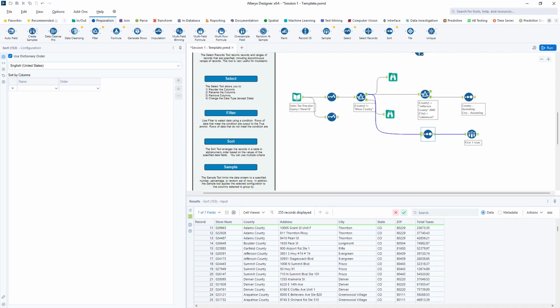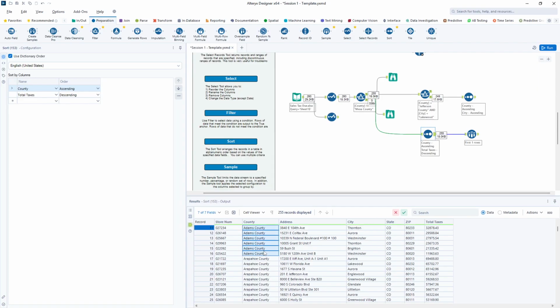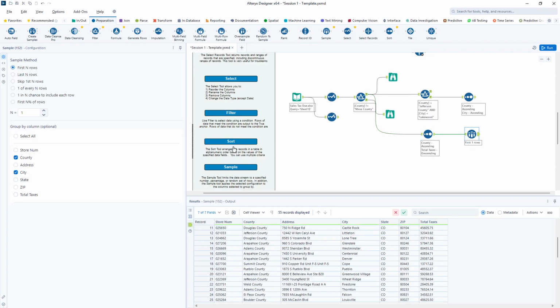Okay. Now, this sort tool will allow you to do basically the same things we were doing with the unique tool. Right? So maybe I want to say, okay, let's go ahead and take the total tax, or the county, and sort ascending by county. And then let's go total taxes and make it descending. So when I run that, if I look at my sort here, I've got Adams County, and I've got my highest to lowest taxes. So now when I get my first row, and we'll adjust this so it's just the first row by county,